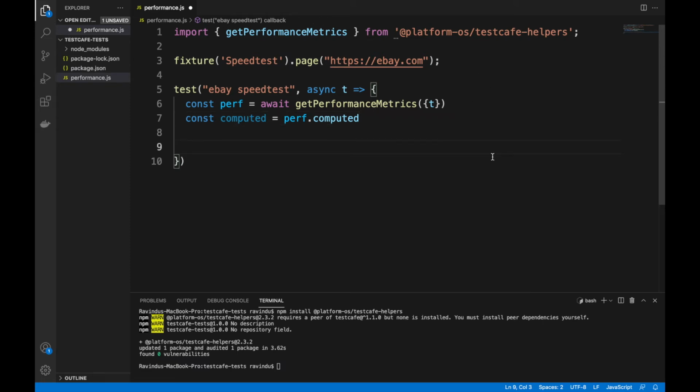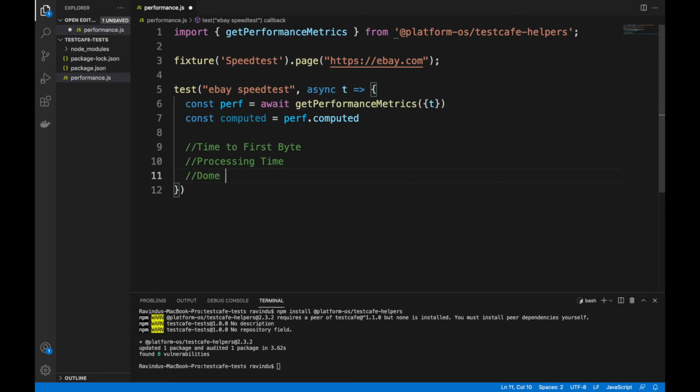Okay, so here we are going to test four performance metrics. The first one is time to first byte. This is how fast the server starts responding. Then the processing time. This is after everything has been downloaded, how long until the load event is completed.